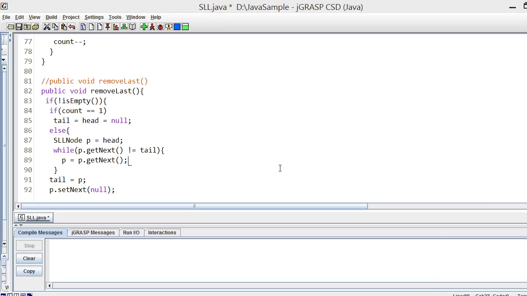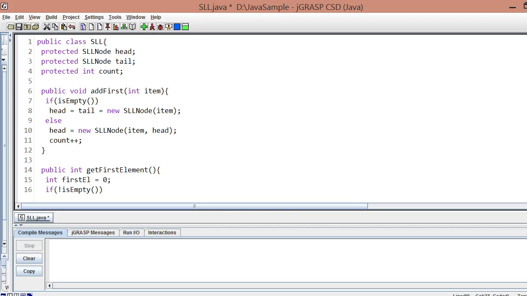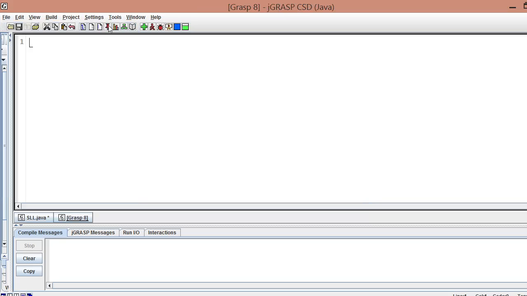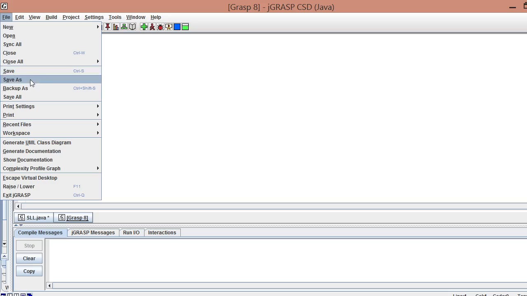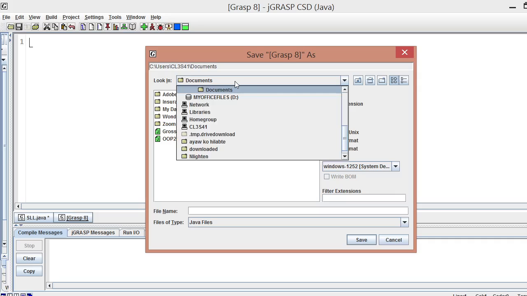So this is the SLL class we created last time, and for now, let's do the MySet, the linked list version. Okay, so let's start. Let's create the MySet as a subclass of the SLL class.